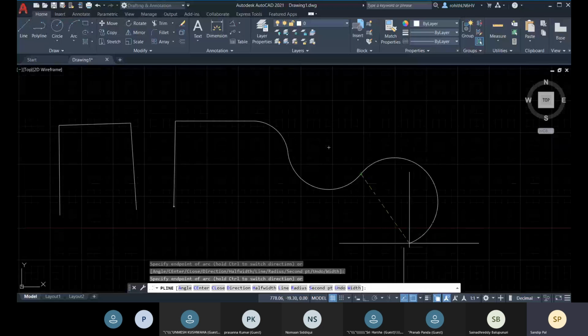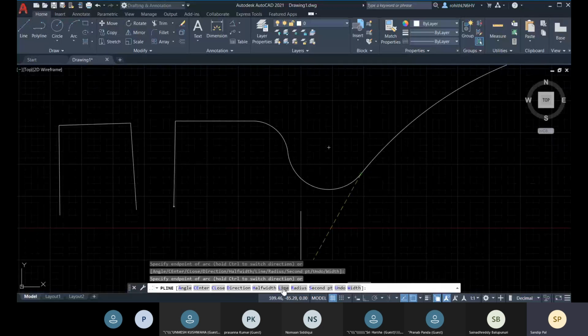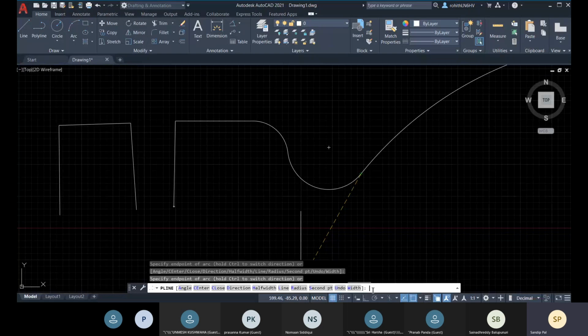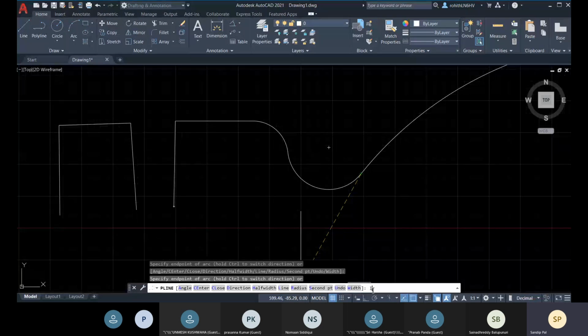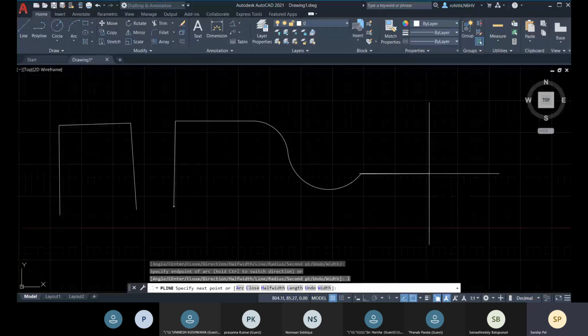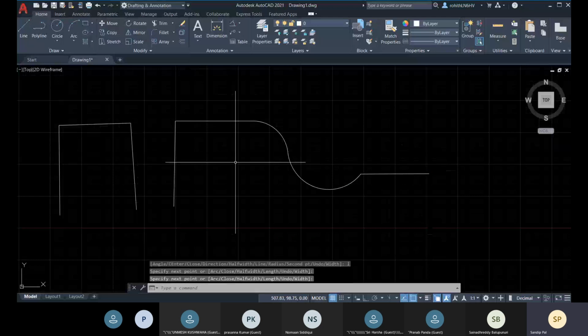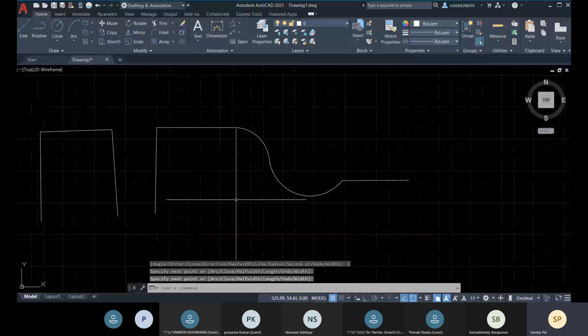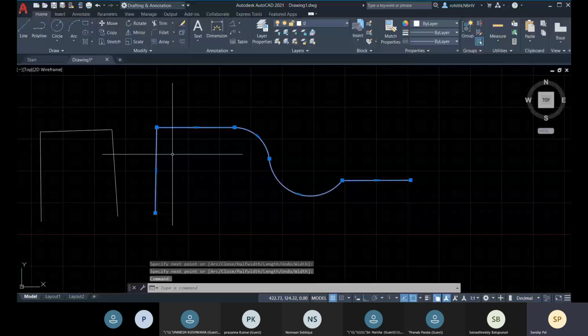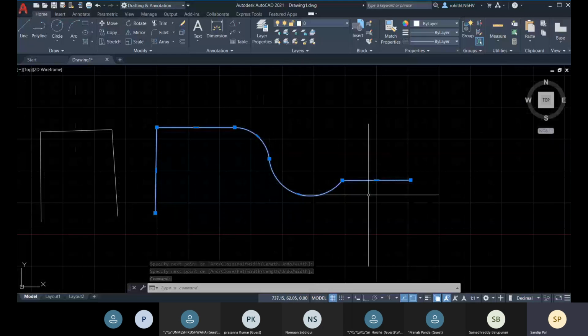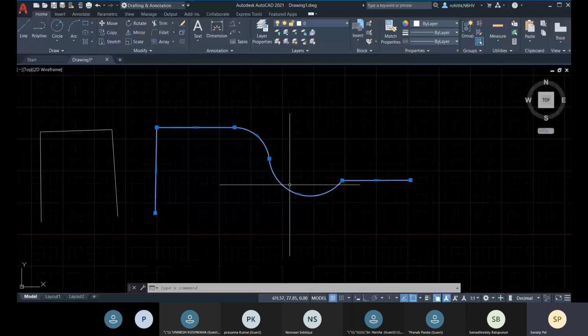And if you want to get back your line, you can simply click on this line or L, enter, and you will get back your line. Okay. So like this, you will be having a single object. This is with the continuous segments, you're having a single object.